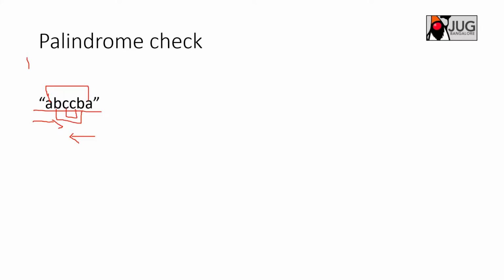So basically, this is how we compare the elements until we hit the case where either there are no elements or there is a single element. If we have a D here, it is also a palindrome, because you can read ABCDCBA either way. So you hit the case where there is no element or a single element. That is our base condition. So we need to think of that.